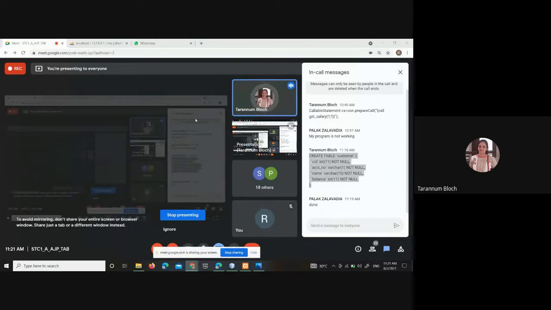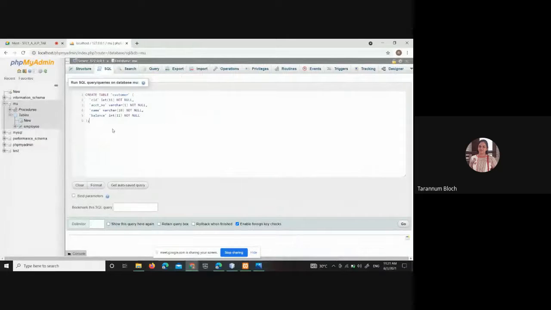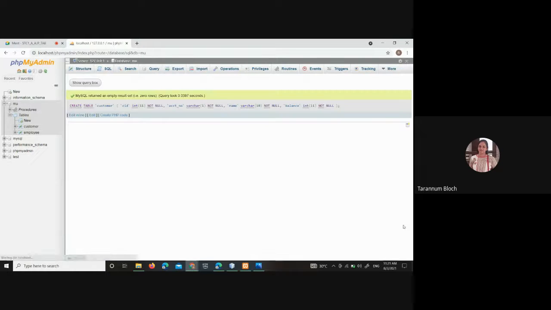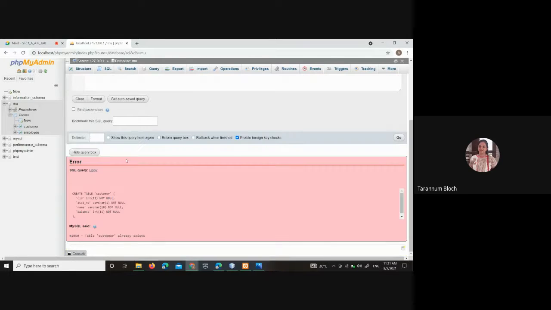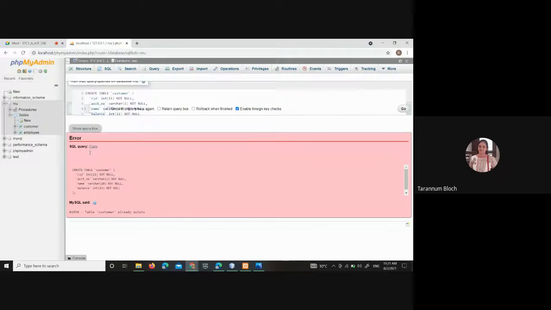Okay, Rahil, go to your database. Okay, so everybody, we have to go here in the database and then click on the SQL tab, right? And click on Go. So it will create this table. Okay, be there, Rahil. And once the table is created, click on Go. Once it is created, you can insert the record.